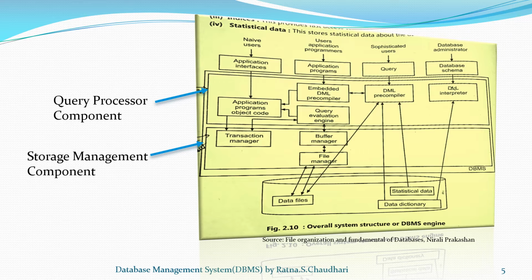So next one is the transaction manager. What is a transaction? A transaction is a collection of operations that performs a single function in a database application. So the transaction manager ensures the consistency of the database, that is, if the database was in a consistent state when the transaction started, it is consistent when the transaction successfully terminates. It also maintains atomicity. Next is the file manager.